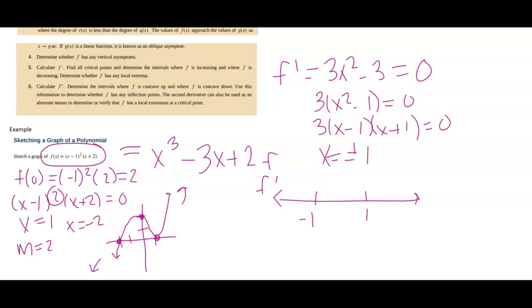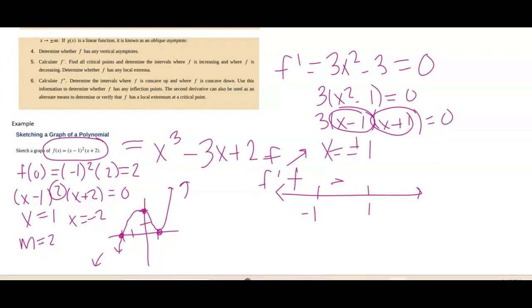If I plug numbers into f prime, numbers that are smaller than -1, let's see what ends up happening here. So if I plug in, 3 is always going to be 3, but if I plug in like -10, I'd get a negative and a negative, and a negative times a negative makes this positive, so f must be increasing. If I plug in 0, I end up getting a negative, so f must be